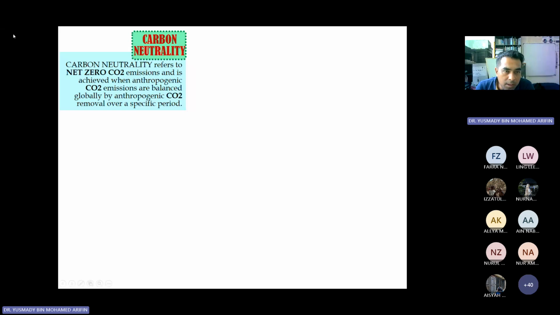Yang ni anthropogenic ni saya dah tengok apa maksud dia. Nanti you check maksud dia lebih kurang apa, dia kata pollution or so on. Pollution ke apa ni. Nanti you check, boleh check what the meaning of anthropogenic. Pollution. Kejap, Doktor. Kalau tak silap maksud dia adalah pollution, I think. Anthropogenic.